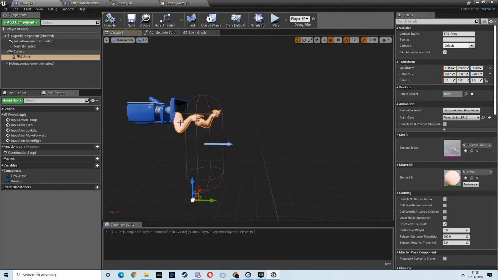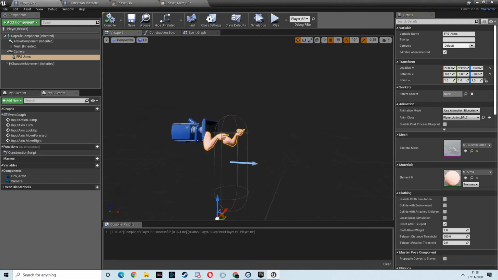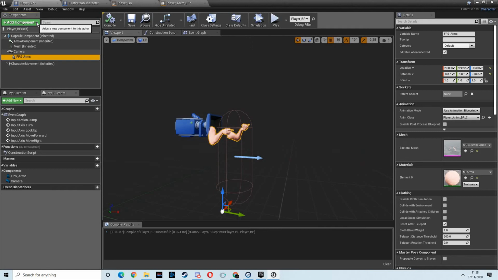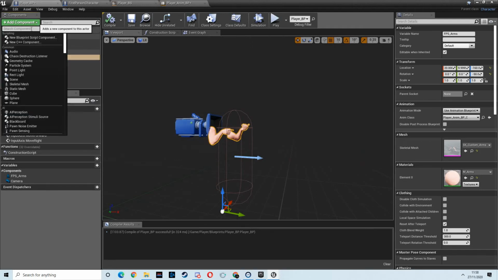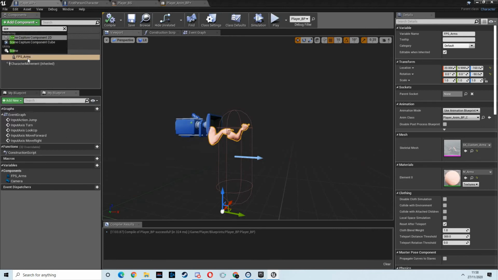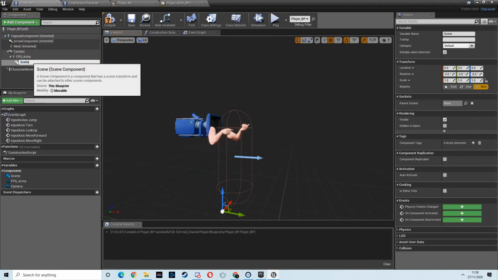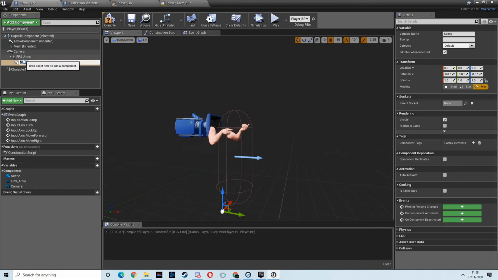Now I'm using this set, and it's already come with loads of sockets. So if I click on the mesh and come over to sockets and hit the, oh no, that's not right. Well, I think it comes with lots of sockets. Let's have a look. So with the first person arm selected, I'm going to come up here and select a scene. Now what a scene does is it just adds a location, like a vector location in the game, that you can attach to sockets and stuff like that. So I'm going to call this gun